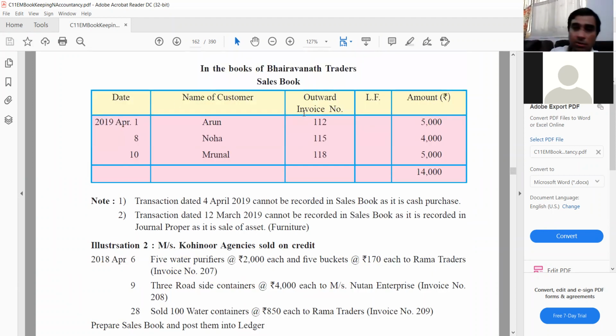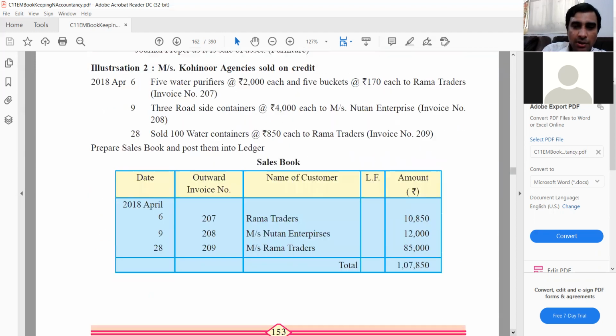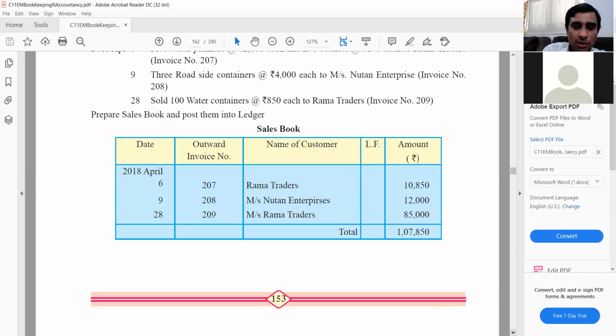So it doesn't matter from a practical point of view what format you use, but even your official textbook is giving you 2 separate formats. So as a student, you could get confused which one is right. I would just go with this format: date, then particulars, and then these 2 columns and then amount. This is what I would prefer from an academic point of view. But it doesn't matter. Your knowledge of accounts doesn't change if you put these columns in a different sequence.